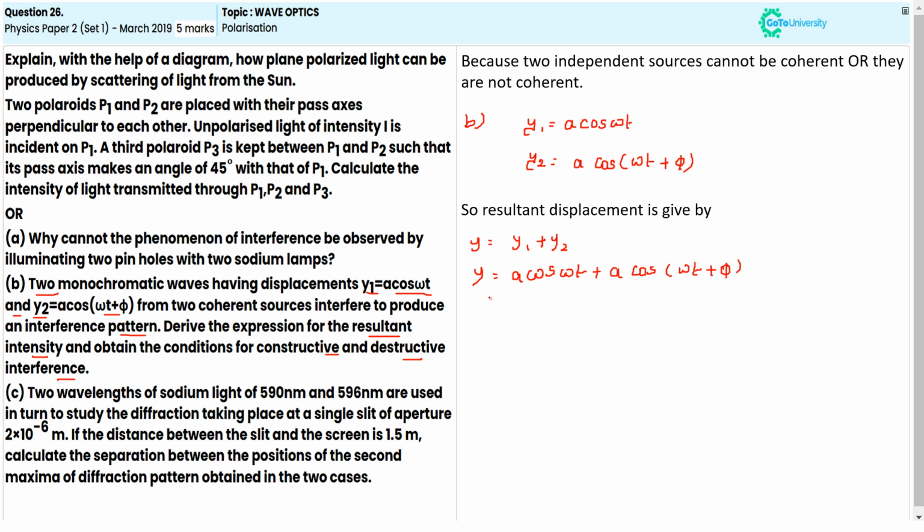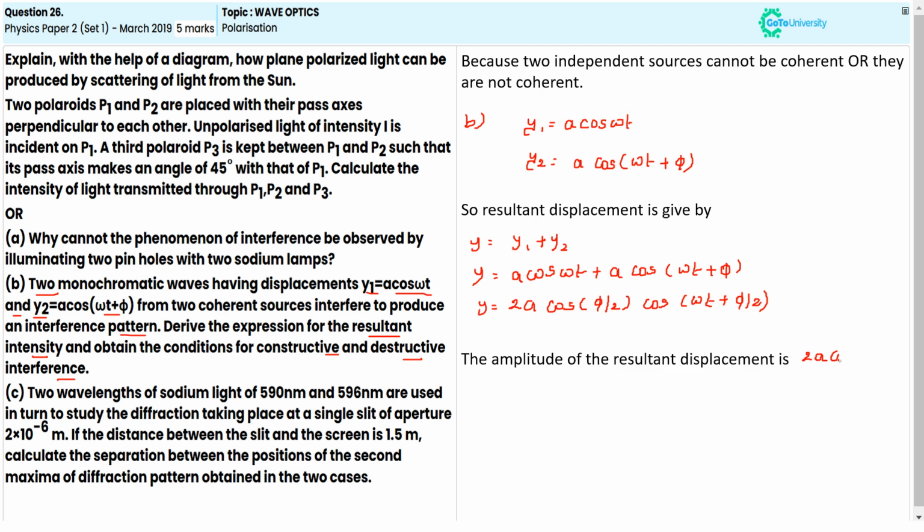Then we can write y is equal to 2a cos of phi by 2 cos of omega t plus phi by 2. The amplitude of the resultant displacement is 2a cos of phi by 2,